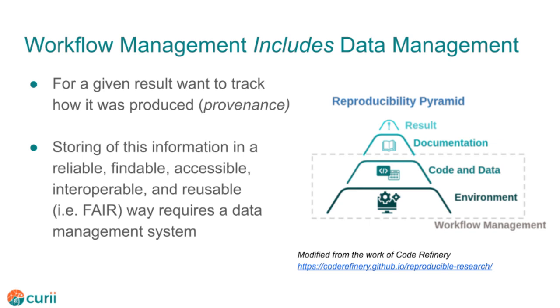Reproducibility requires, for a given result, that we know how it was produced. This is called provenance. The more detail, the better. This means precisely identifying the input data sets, workflow steps, software versions, hardware resources, and other details that will enable someone to later recreate a compatible environment that will produce the same results given the same initial inputs. We could try and record all of this by hand, but computers are good at remembering things, and workflow management systems already know all these things.